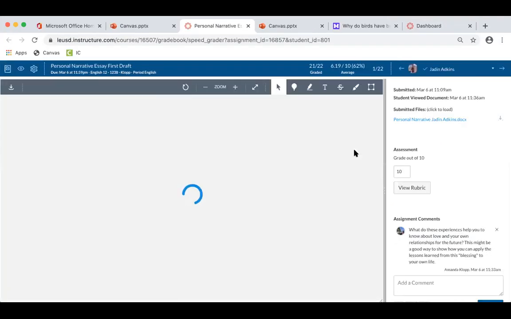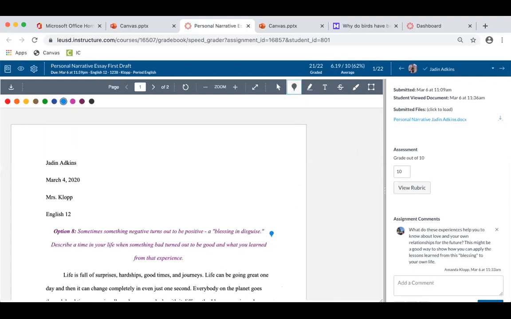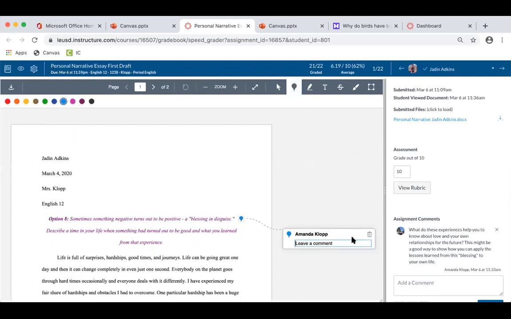So I'm going to link you here to a student's essay, for instance. And if I were to want to make some comments, then I might just use this little feature here. And I could just type right here, like, this is a great choice, right? You can also, if you're actually editing and wanting to,